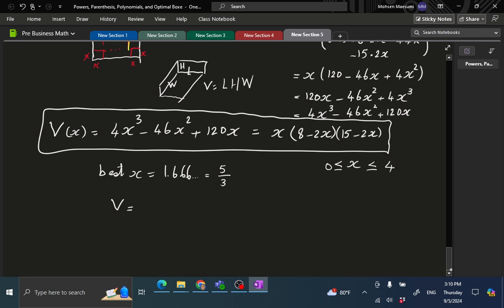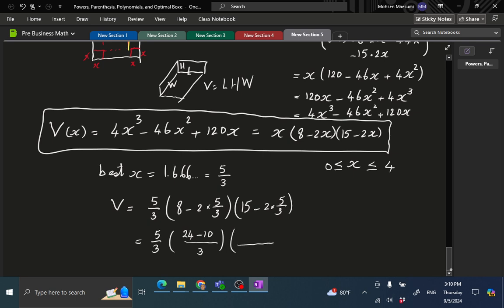The best volume we get, with x equal to 5/3, is 8 minus 2 times 5/3, times 15 minus 2 times 5/3 again. I simplify; this becomes 5/3. I take a common denominator 3. 3 times 8 is 24, and I have to subtract 10. Here I take common denominator 3, 3 times 15 is 45, and 2 times 5 again is 10. So it became